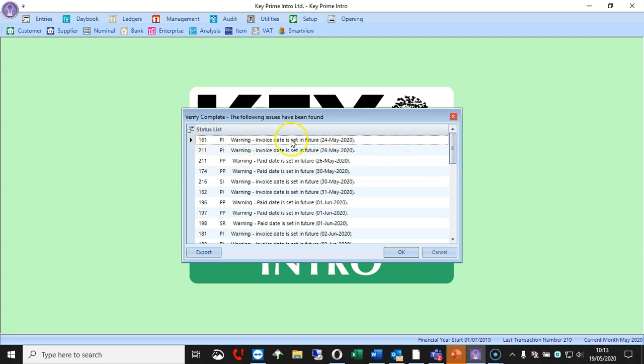What we're looking for is any other messages that may come up there, or that you are happy with these, and the messages might be postponed statements. If that's the one that you're currently working on, that's not a problem. It's just giving you a warning. For many of you, when you click this, it should just come up and say that verify has completed and that everything is okay, and you just click on the OK button.